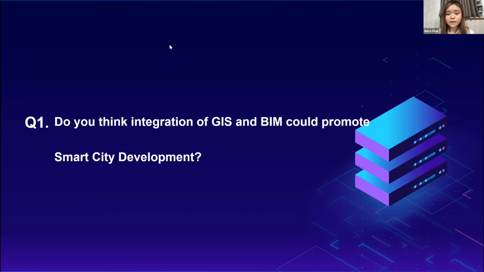So we think that this means that the design companies and the construction companies can view the newly built buildings in the actual context of the surrounding environment. That gives a much safer and more comprehensive planning and design process to the construction. And it also eliminates data redundancy and can move data between different stages of the construction process seamlessly. So I think that after all, BIM and GIS integration plays a very indispensable role in smart city development.